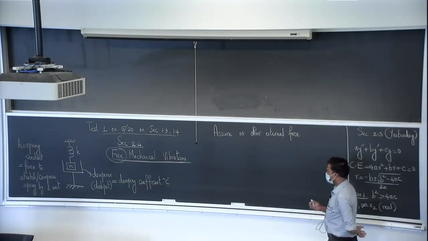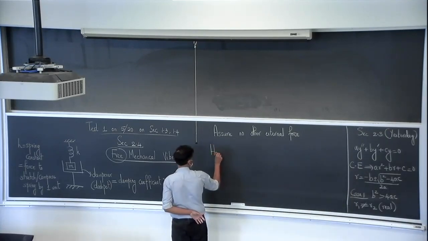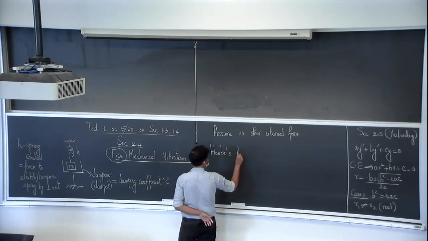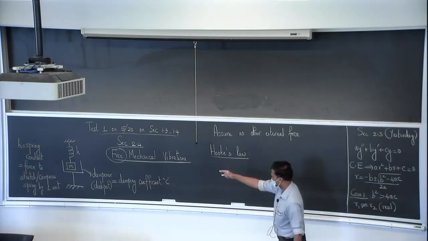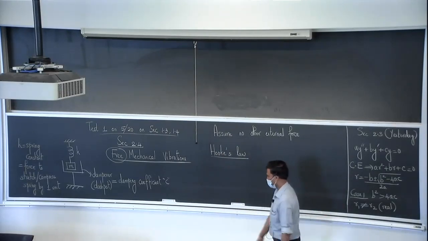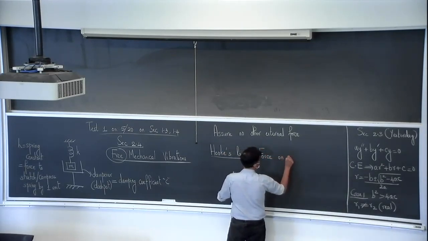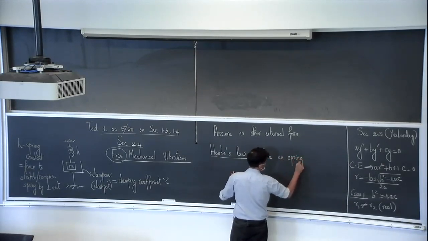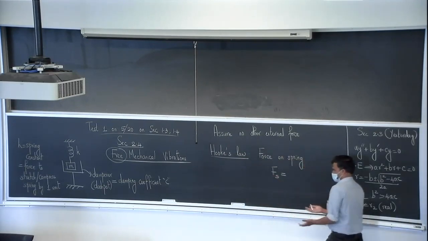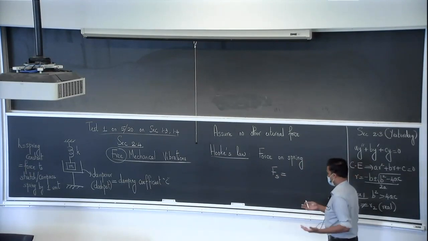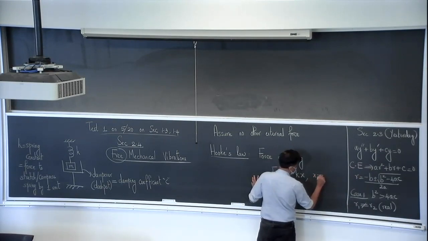All right, so let's look at what kind of forces we have on the system. The force on the spring is given by what is called Hooke's law. As I mentioned earlier, the spring is always going to do the opposite of what you're doing. So the force on the spring, denoted by Fs, is proportional to how much displacement you create in the spring. It's going to be negative of K times X,